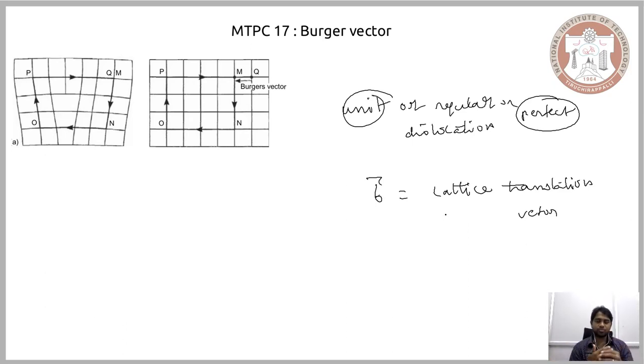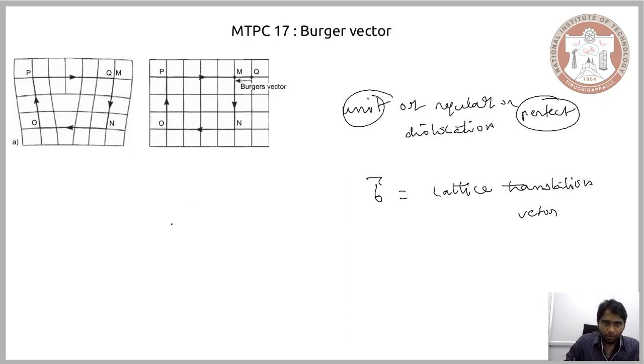Now before proceeding further, or before building on our understanding of the Burgers vector and the dislocation, let us consider how realistically a dislocation appears in a system. Just a few aspects of it, not the whole. Now in a regular system, when you impose a stress condition or a mechanical condition and plastic deformation begins to occur, usually there is more than one dislocation introduced into the system. So at a point it is possible that two or more dislocations interact.